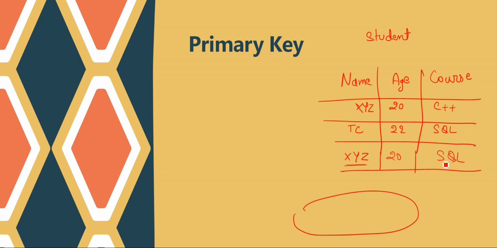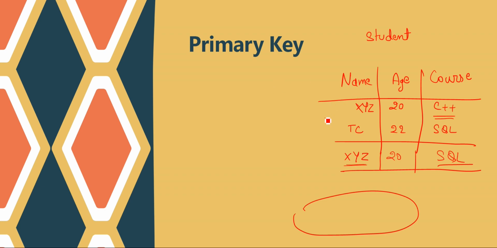Now there is a problem. If I write a message, XYZ please join our class, then which XYZ is going to consider this message, this one or this one? They both will be confused, and I will also be confused about which XYZ is for C++ and which XYZ is for SQL, right? These kinds of things can happen because we are living in a world where so many people have the same name. So how do we overcome this problem?